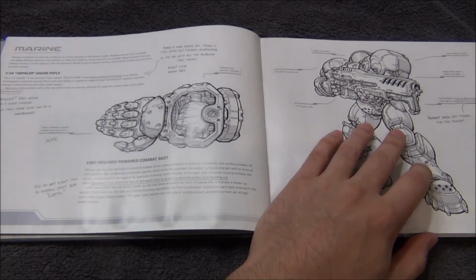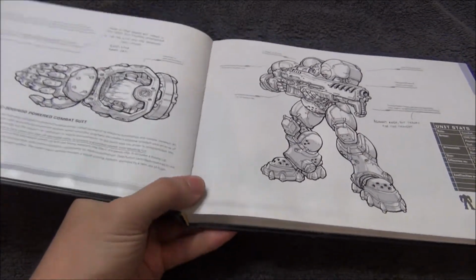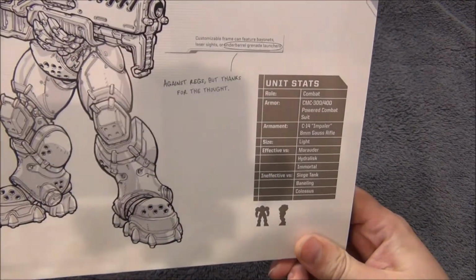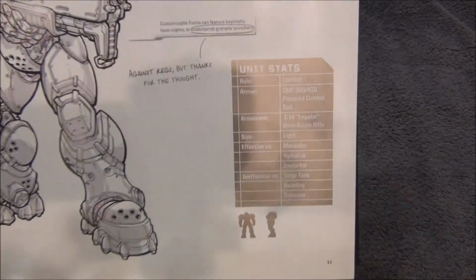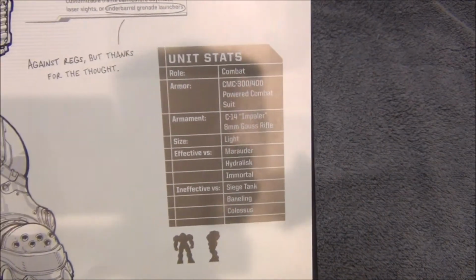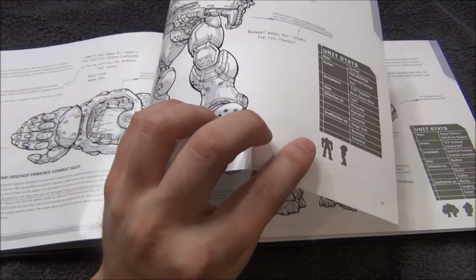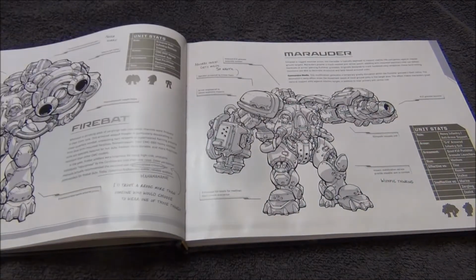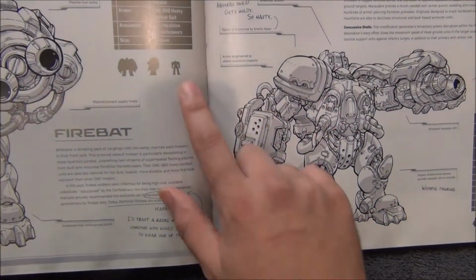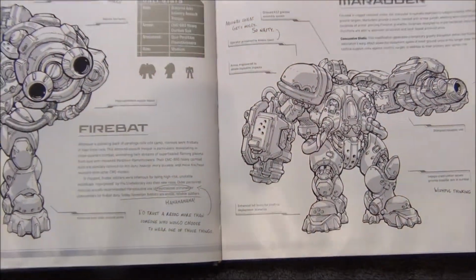But what I like about this is not only do you get the lore and everything, but you get almost like in-game thoughts. Although not exactly accurate, it kind of tells you what they're effective against and what they're ineffective against, which is cool. There's a little size chart, but all we know is the Terran Marine thus far. When we start seeing things like the Firebat and the Marauder, we can see how big they are in comparison to the Terran Marine unit. It's definitely bulkier and whatnot,